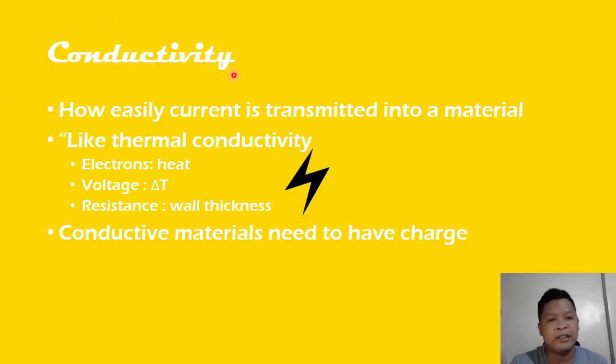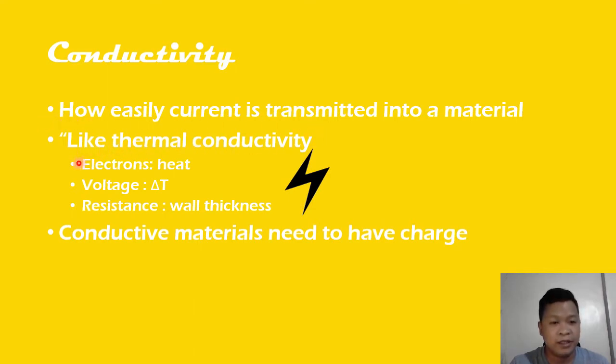And this electrical conductivity is defined as how easily current is transmitted into a material. So as you know, electric current is one of the 7 base SI units, with the base unit in amperes. Okay,